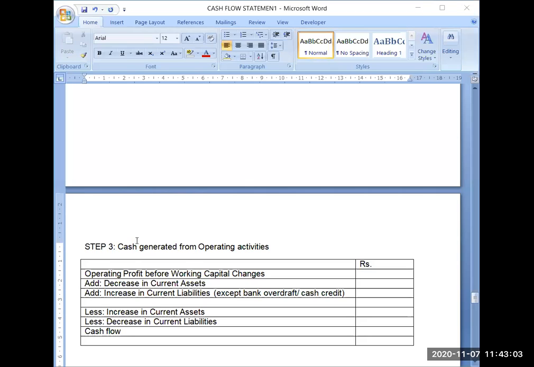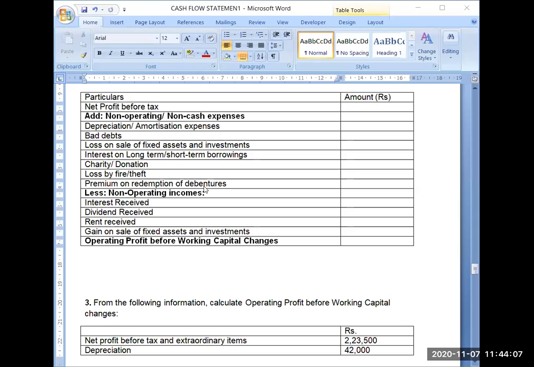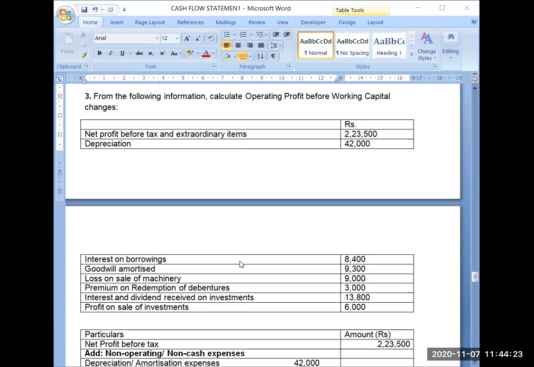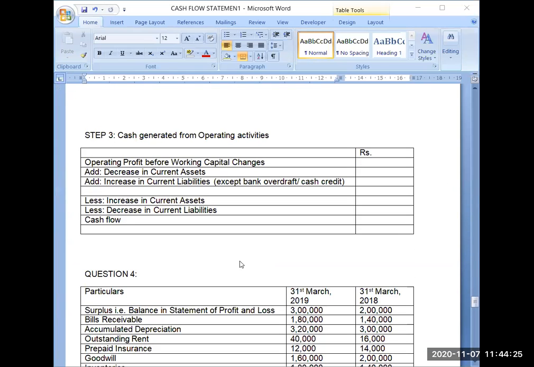Then we have to deduct the non-operating incomes, and there are four types: interest received, dividend received, rent received, gain on sale of fixed assets. After doing these adjustments, we will get operating cash profit, and only working capital changes have to be done now in step three. Your working capital is also part of your operating activity